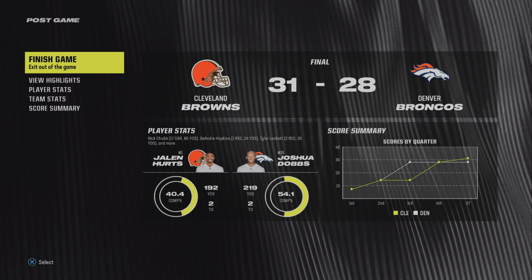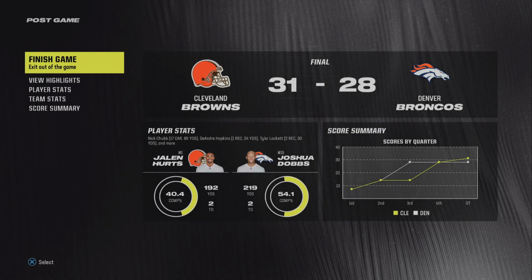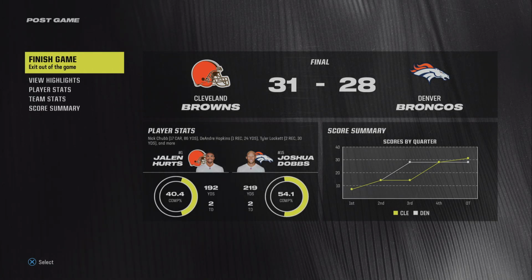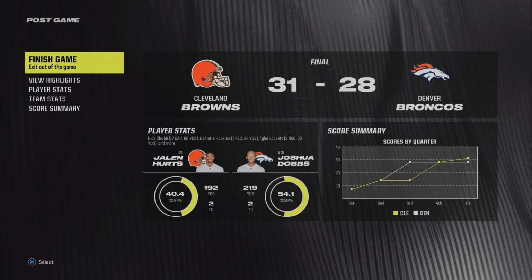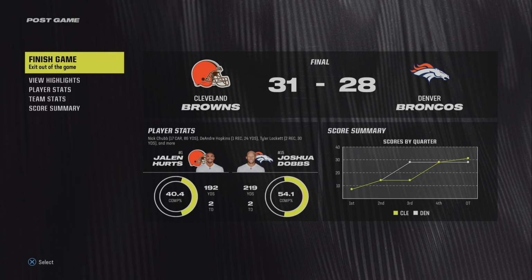So for the Browns, the win keeps them barely hanging on to their playoff hopes as they move to 4-7. And they'll get another road date next week. Meanwhile, for Denver, their luck may have run out as they fall to 4-7 now in the